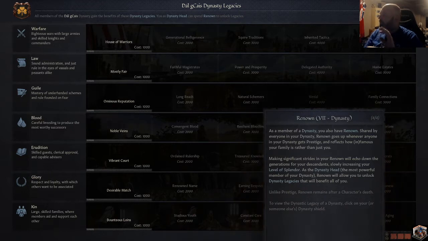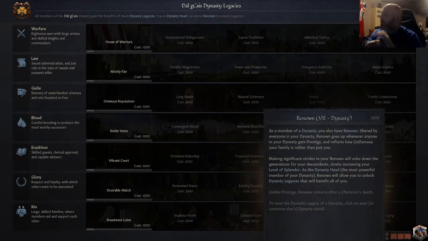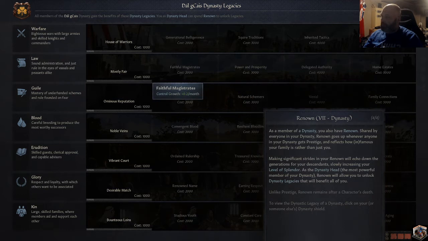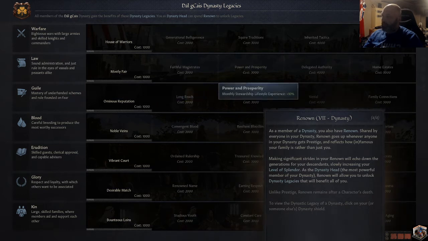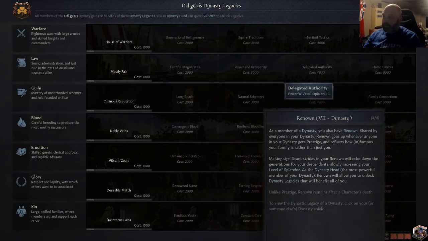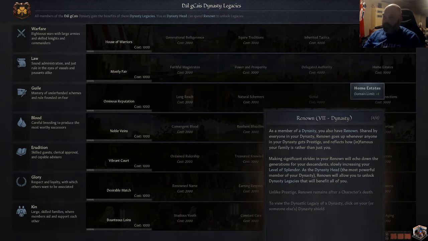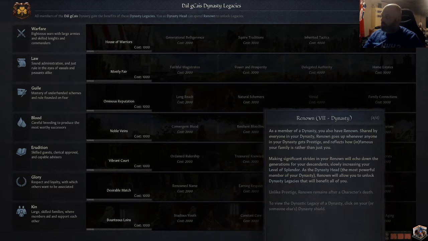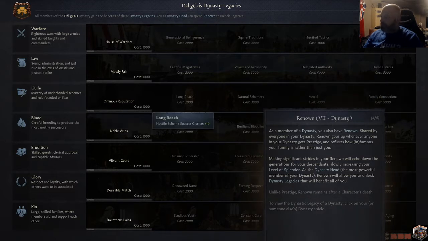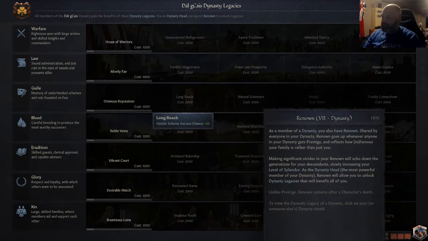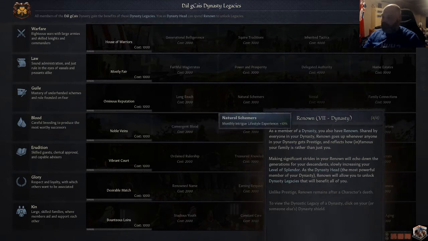Sound administration and just rule in the eyes of the vassals and peers alike. So: more popular opinion, control growth, stewardship lifestyle experience, powerful vassal opinion, and dominant limit for estates. Remember those. Guile gives you more dread, long reach, hostile scheme, successor chance plus 10, monthly intrigue lifestyle experience, monthly tyranny,